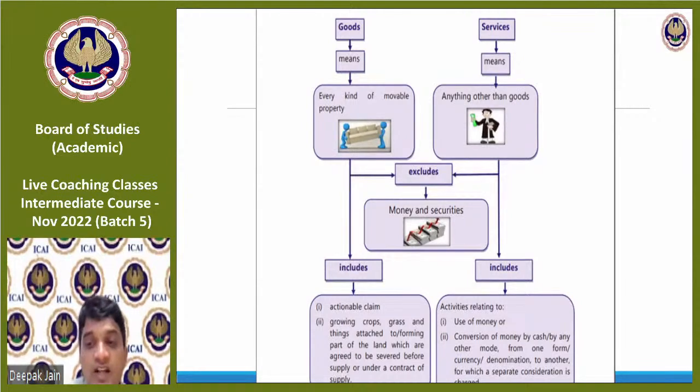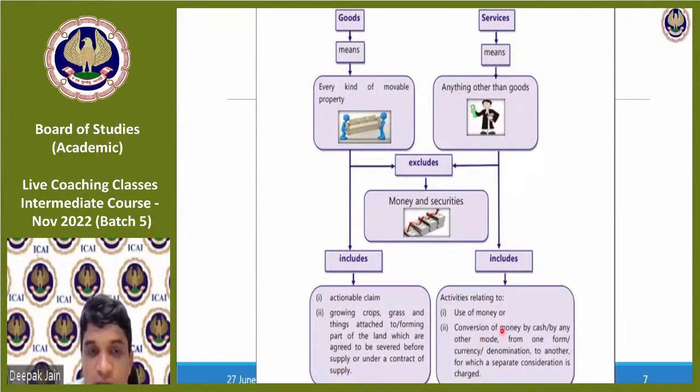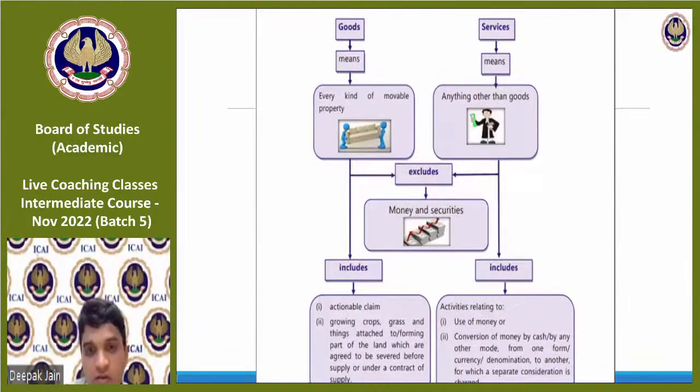Use of money as a consideration, right? No, use of money for a consideration, not as a consideration. Use of money for a consideration is included. The definition here says money is excluded, but use of money for a consideration is included. Anything for a consideration, only then it is included. Use of money is supplied from whom? Owner or user of money? Whoever pays the money is the service recipient.